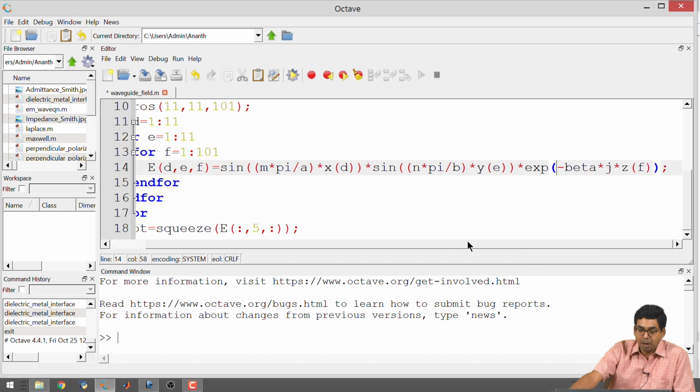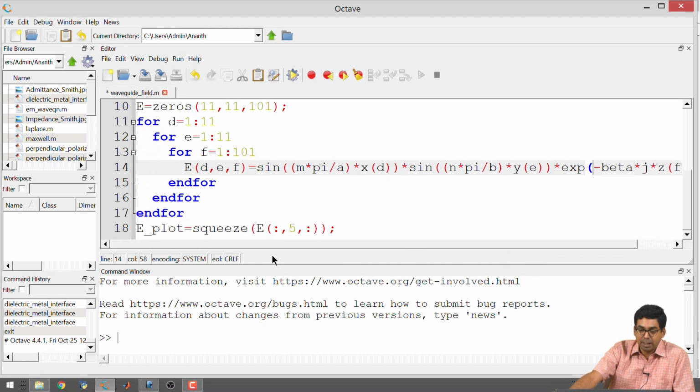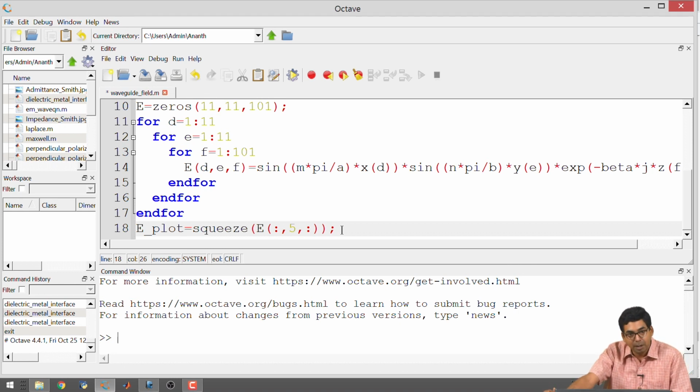So, when I want to plot the image, I have to tell whether I want to plot the real part, imaginary part, or I want to plot the magnitude, the phase, etc., right. Now, I will begin by plotting the real part, okay. Then later on I will show you different things that can be plotted.